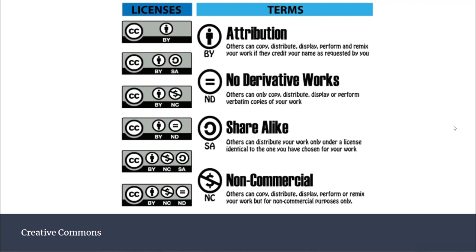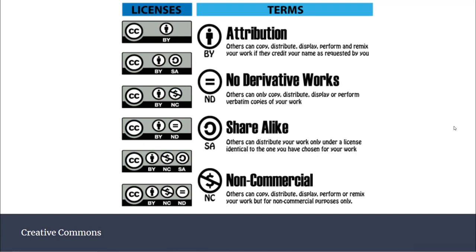The basis of a Creative Commons license is what we call the CC BY license. This is the plainest Creative Commons license and the most permissive. What this means is that anyone can use your work for basically any reason or to do anything with it, so long as they give you proper attribution as the author of that work. In addition to the base form of the Creative Commons license, there are a couple of other modifiers you can apply and mix together to provide additional limits on how people can use the work.